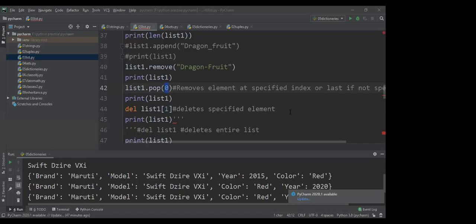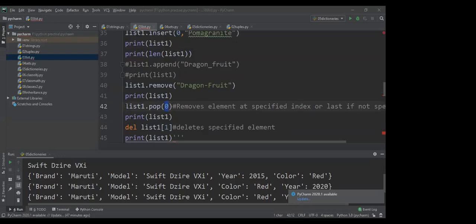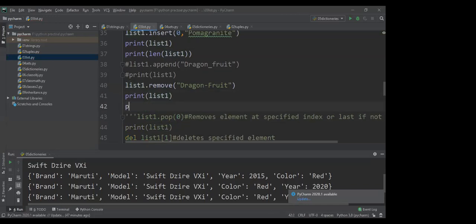You can give the index, from where to where you want to print, so we can print it. Now if you want to print the two elements, you can give print list, then from where to where: 1, 2, 3. So it will be printed.